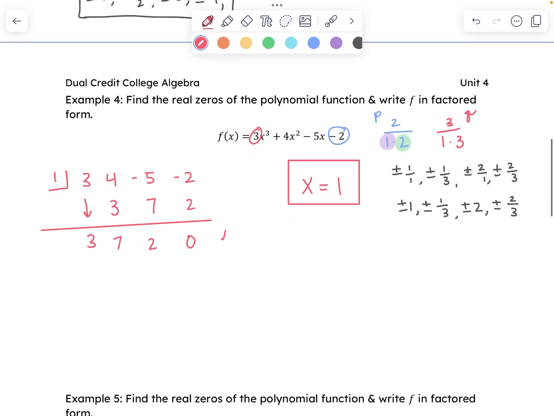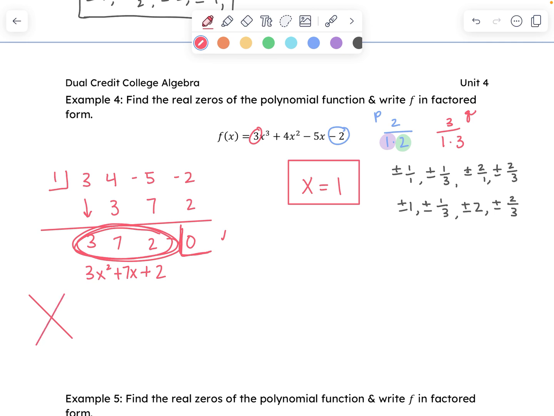Okay, we could try a -1, see if that works. And when you try this, now you can use the new coefficients that you get right here. So remember, this is technically your remainder. And so this would now be 3x squared plus 7x plus 2. So you could keep doing synthetic division, or honestly, you could try and factor that too. If I wanted to factor it, instead of just guessing and checking with synthetic division,